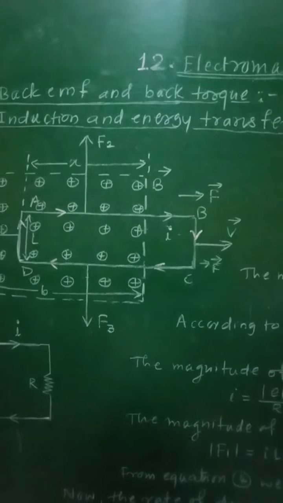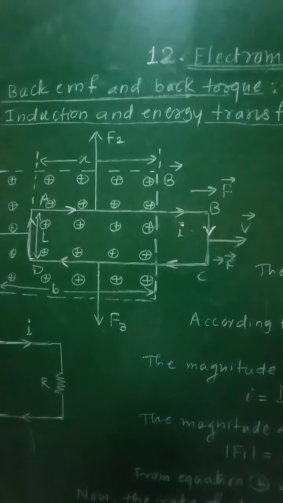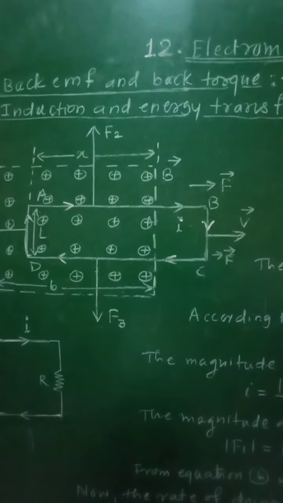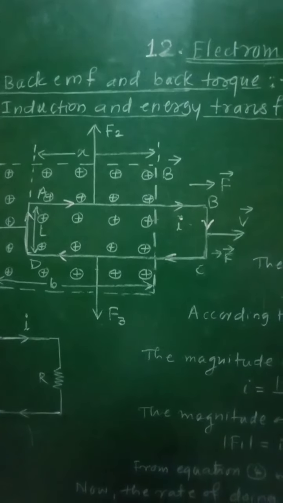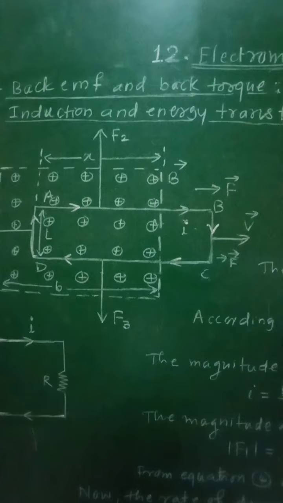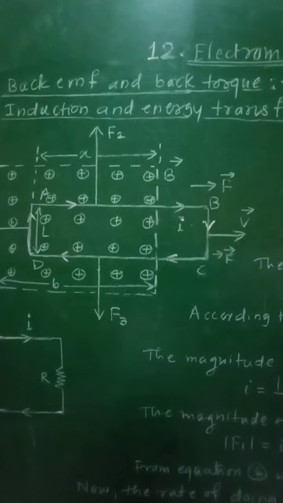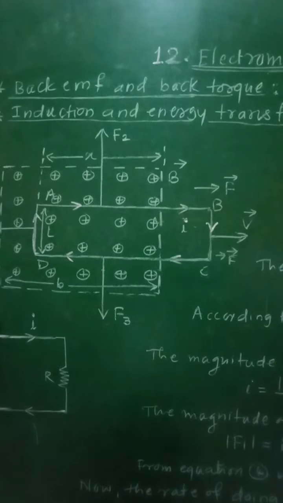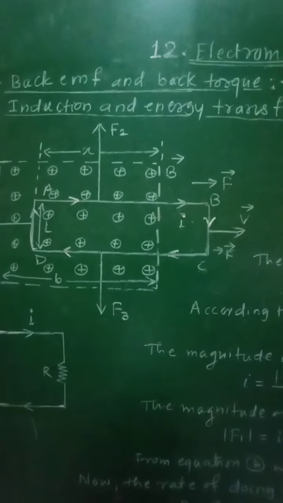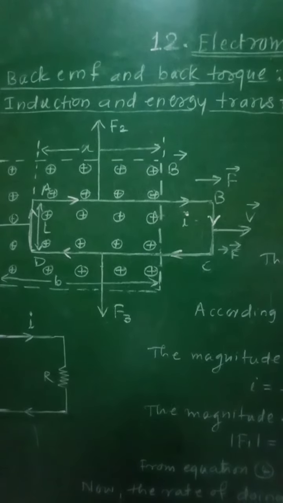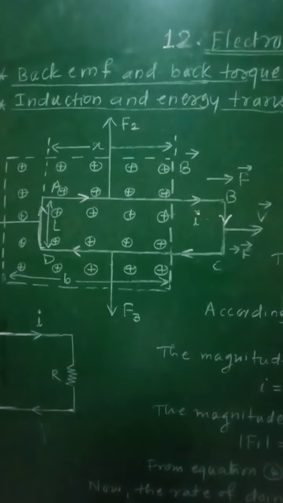If a motor is turned on by any external means, by some external agency, it will behave as a generator. Hence, whenever a motor is running, its generator action cannot be turned off. So according to Lenz's law, induced EMF will tend to oppose the change which produces it, and therefore the induced EMF will tend to reduce the armature current.